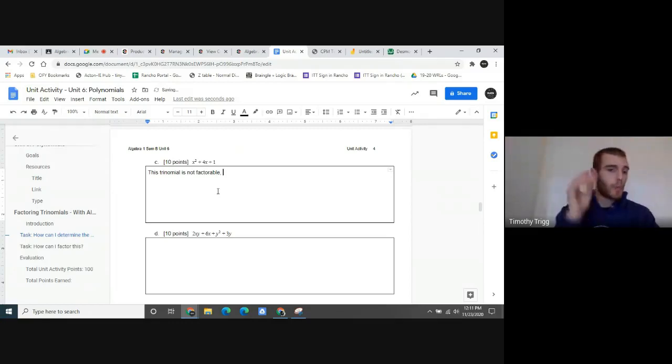And the reason why is because we weren't able to use these terms to make a perfect rectangle. I am not able to put these terms into a perfect